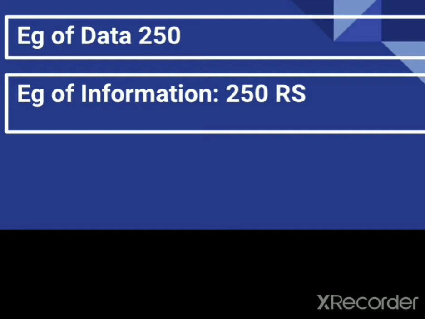Suppose 250. Can we understand what is 250? But if we process it, we solve it, like we write total information regarding what it is, whether it is kilogram, grams, whatever. So if we write rupees, because we want the answer in rupees, 250 rupees, so that becomes information, meaning final output.